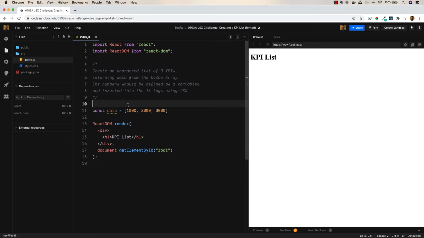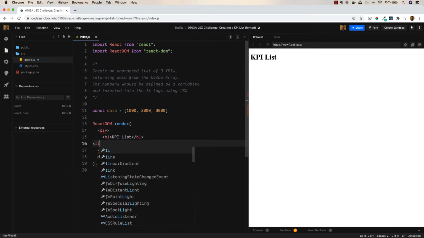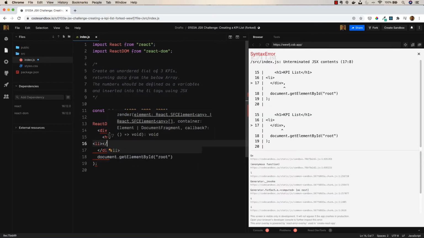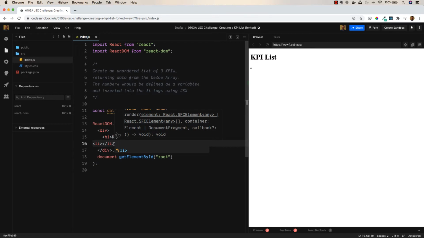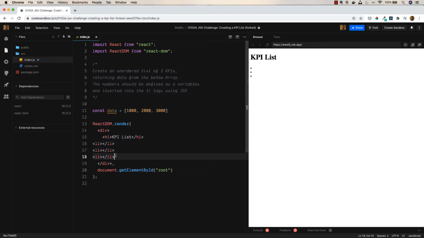And I did add that if you manage to create a map and map through this data, then that is really the ideal solution that we are looking at. So I'm going to build the first way to start with. So I'm going to create 3 li tags. One, 2, 3, and just indent these. And we want 3 KPIs, so KPI 1,